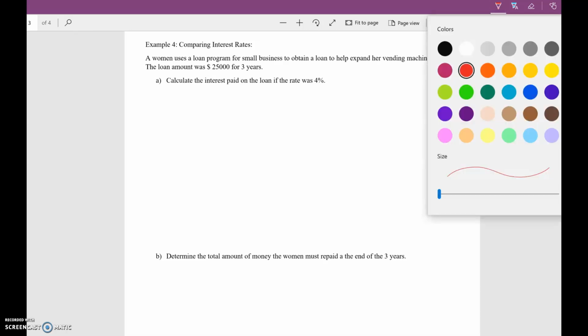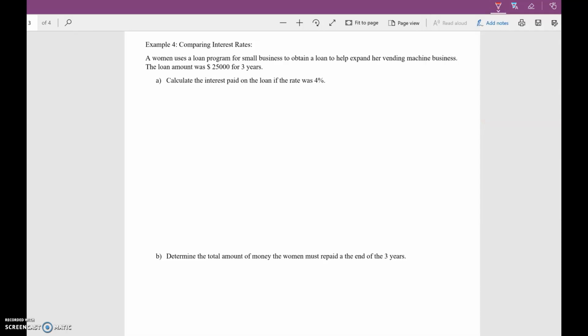Hi class, let's take a look at example 4. In example 4, it has a couple of multiple parts. The main idea is that in this case, an individual is borrowing $25,000 for a period of 3 years, and